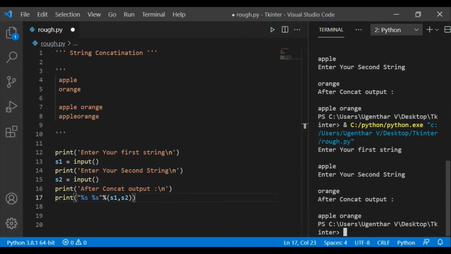See, this is another way of concatenation. If you don't want a space, you can delete the space here. If you want to specify any symbols, you can use plus, equal to, or any wording like apple is orange, apple is better than orange, like that. You can specify. These are some ways of doing concatenation.